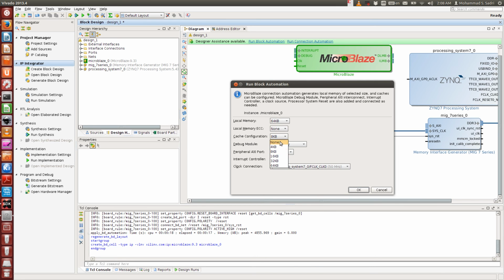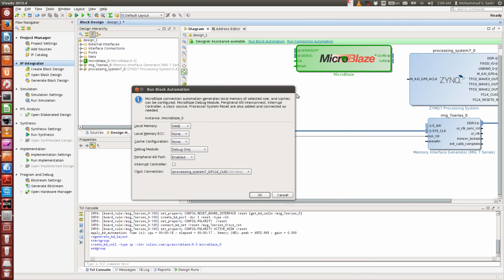And for now, let's forget about the caches of the MicroBlaze. For now, suppose that the MicroBlaze doesn't have any cache, and practically this is the only memory that is used for running the program. Okay, and for simple applications, this is usually enough. And the peripheral AXI port, I keep it enabled, and for the clock that is driving this guy,